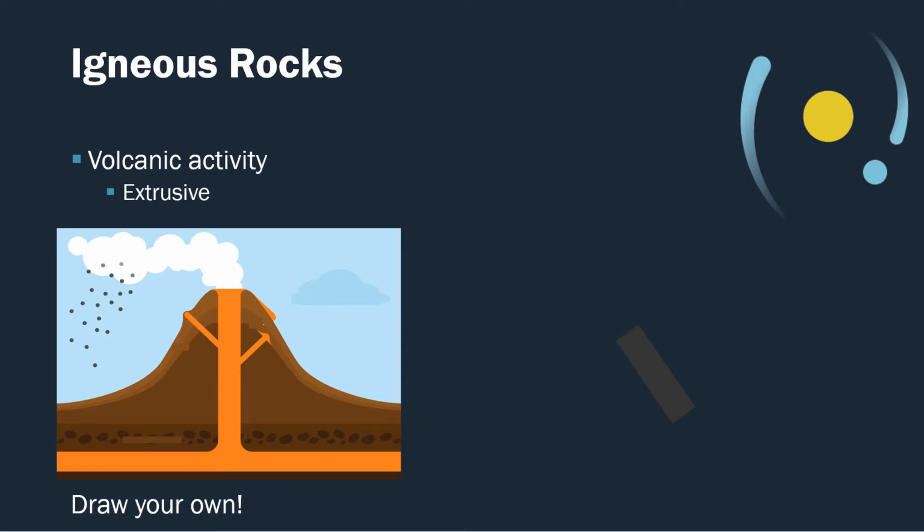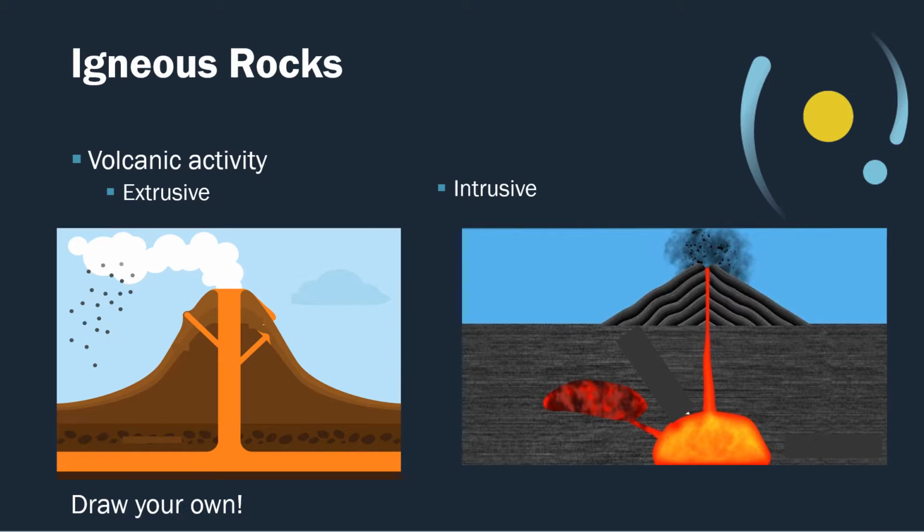The hot lava exploding from volcanoes must originate from somewhere. The magma comes from deep within the surface of Earth. While some of the magma makes it out to the surface, other magma branches off and cools beneath the surface. This gives us the second type of igneous rocks, intrusive igneous rocks. Take a moment to add to your drawing and extend the volcano deep below the surface of Earth and show where intrusive igneous rocks might be formed.